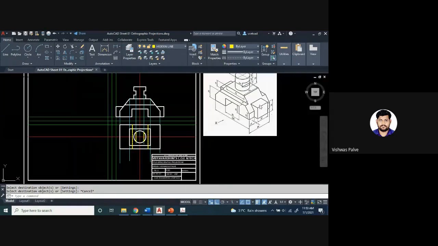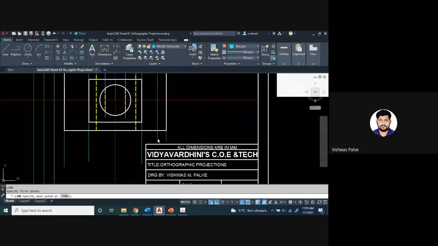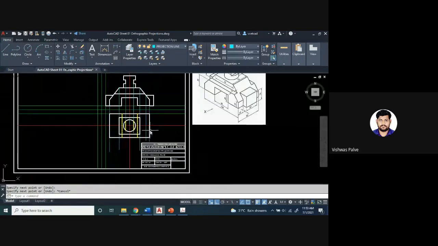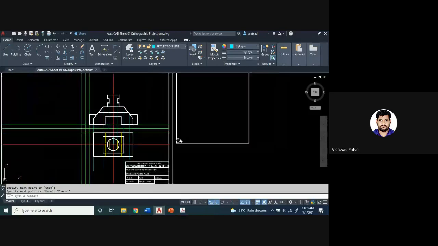Now let us draw this extended portion, 10 millimeter extended, 30 millimeter width of that portion. So that we have to draw. How are we going to start with that? While starting it, I will take a projection first. This will be done with the projection only. Okay, so I'll take a projection. Total distance is how much? Width is 30. And 10 millimeter is the slot.